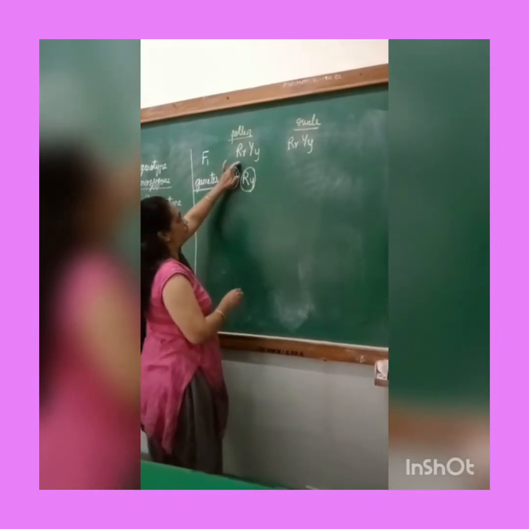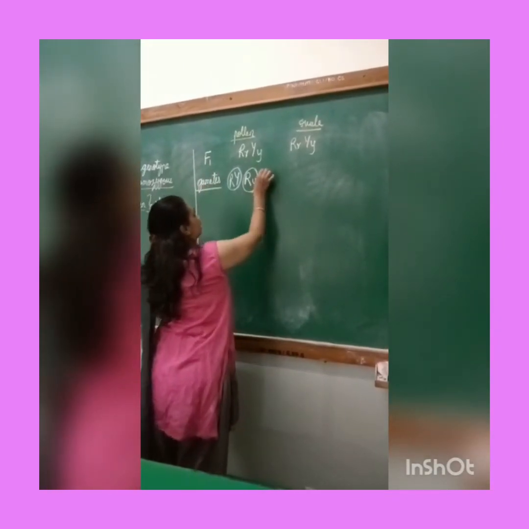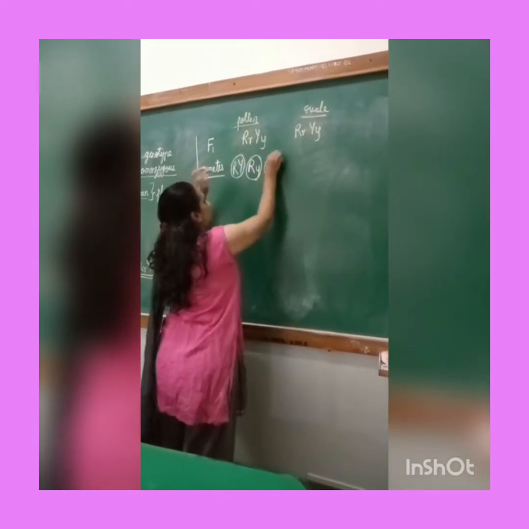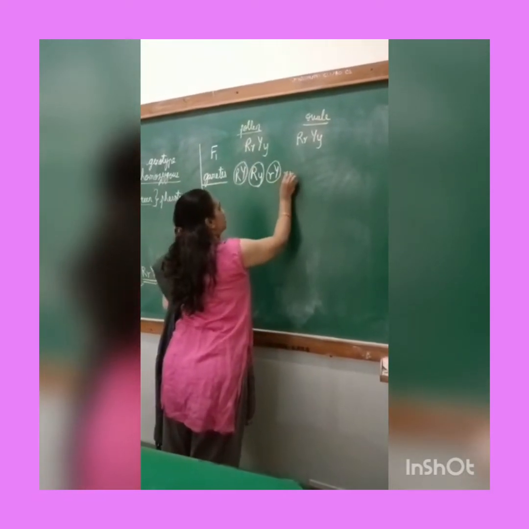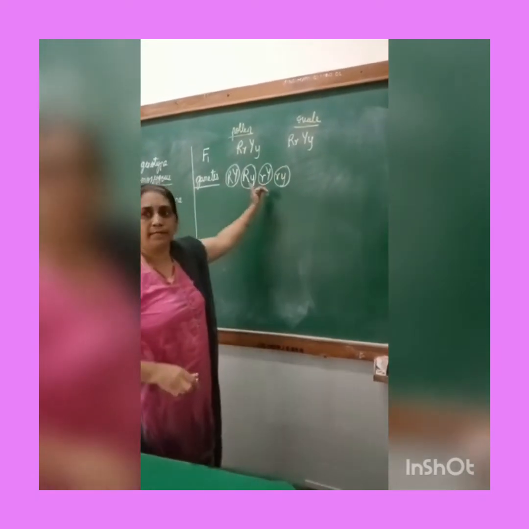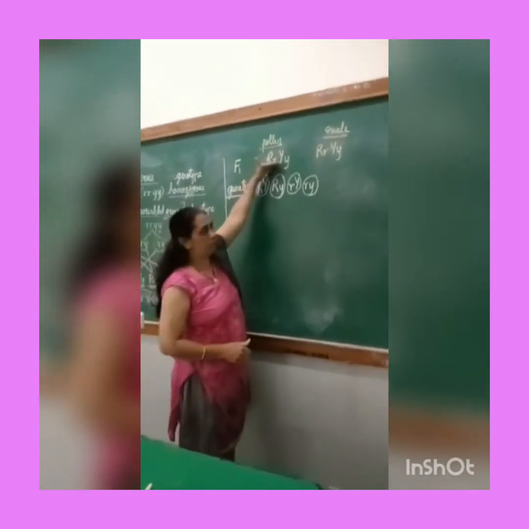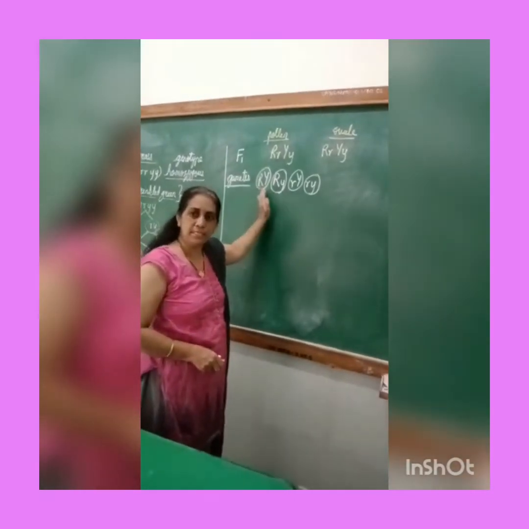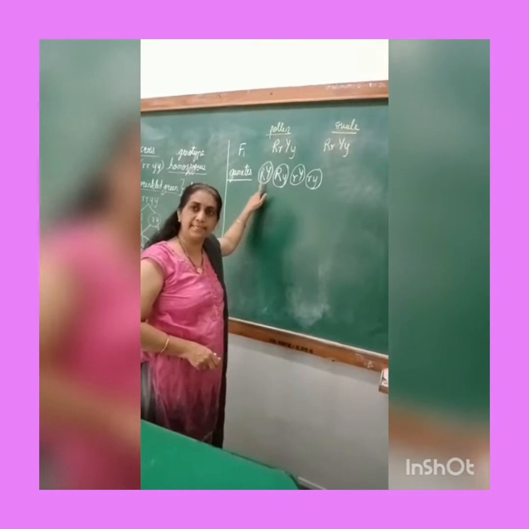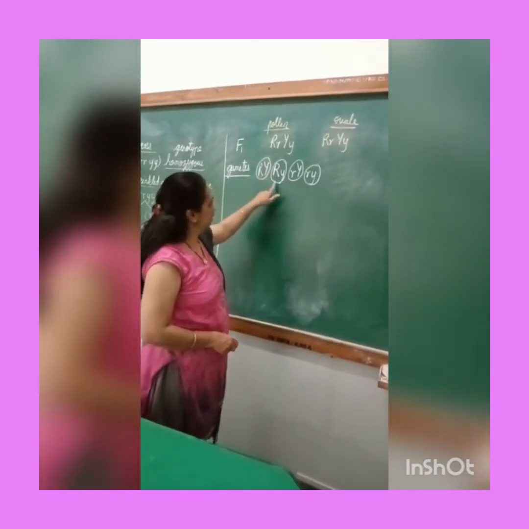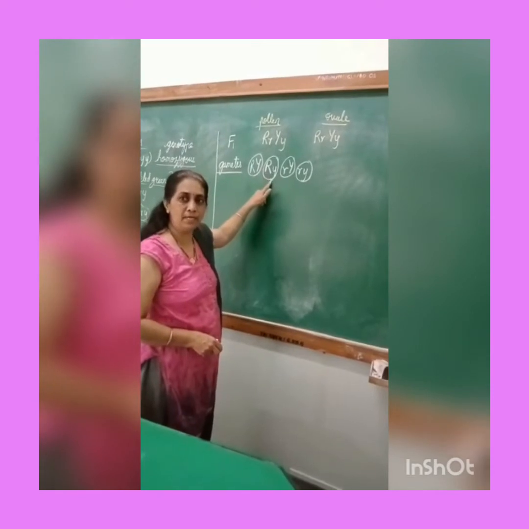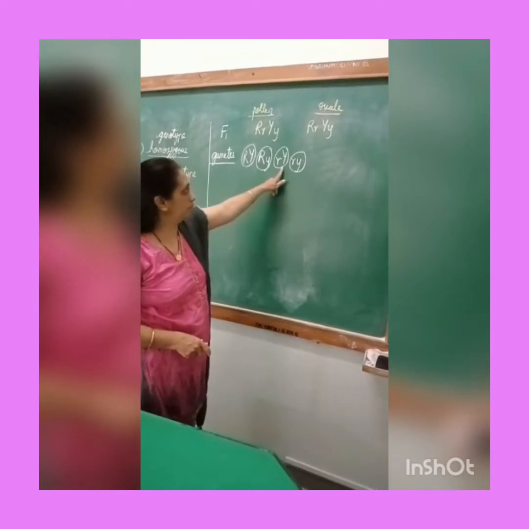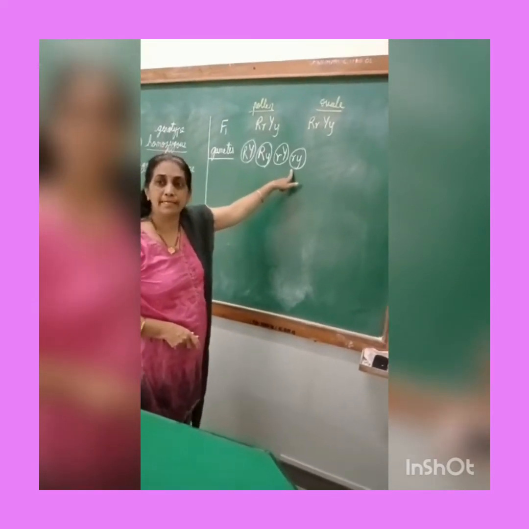Okay. Next type of pollen that is going to be formed will have the small r. Now both capital R are over. So small r, capital Y. Next will be small r and small y. Okay. So four types of pollen grains can be formed from here. You can see that the first one is having both the dominant traits. It is homozygous for dominant. Here you have one dominant trait, one recessive trait. Here also one recessive trait, one dominant trait. And here both the traits are recessive.